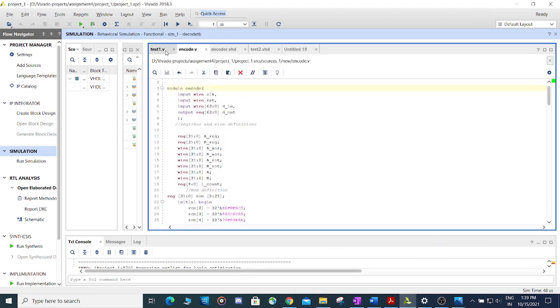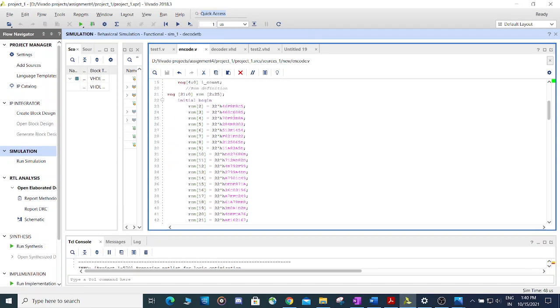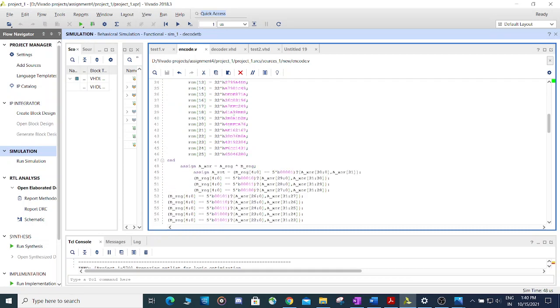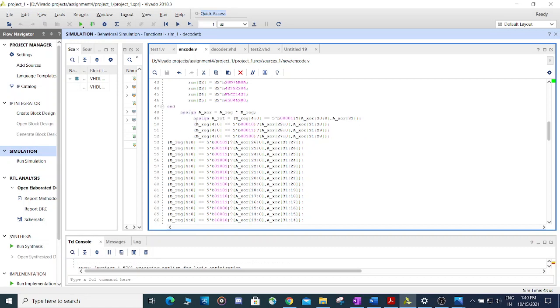Now getting into the code for encoding, we have defined a module where we have a clock and a reset and input data and output data. We have taken two registers, A and B registers, to load the input data. This is the ASCII ROM. This is used for encrypting in the RC5 encryptor. These are hard coded values for now, and using the ROM we encrypt the input data.